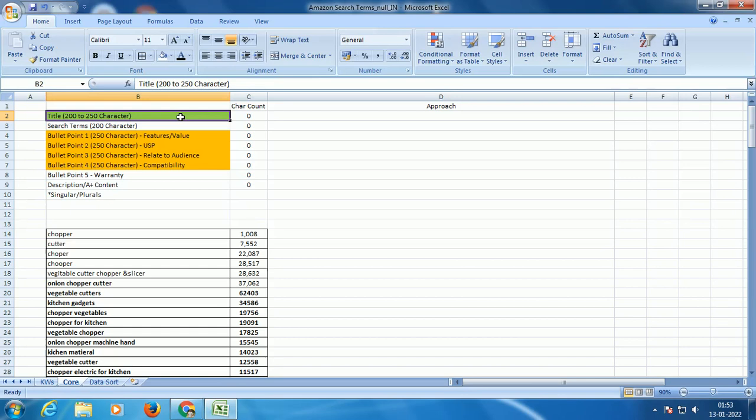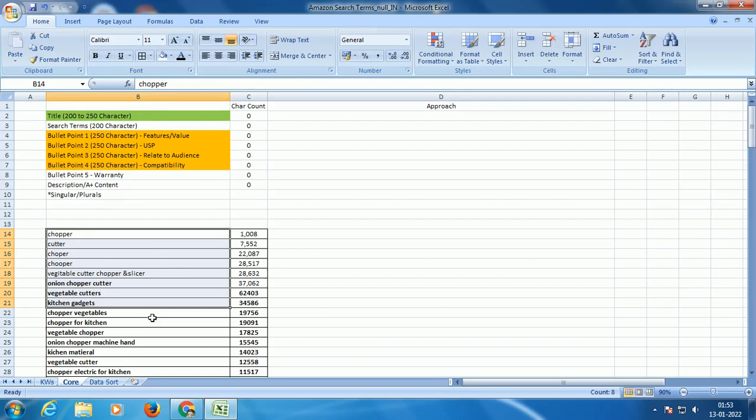Generally speaking, we make sure titles have 200 characters of length. So how do I build my title? The best way is to use most of your high volume keywords in your title. Why? Because your title weighs the most, so you want to make sure your highly searched keywords are there in your title.